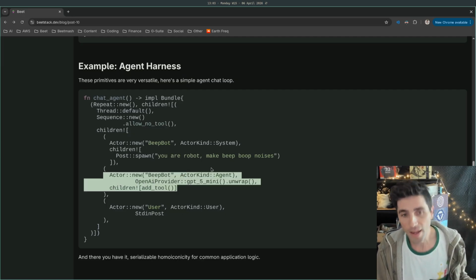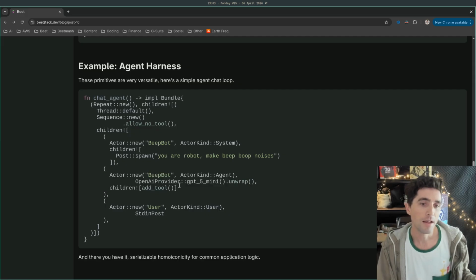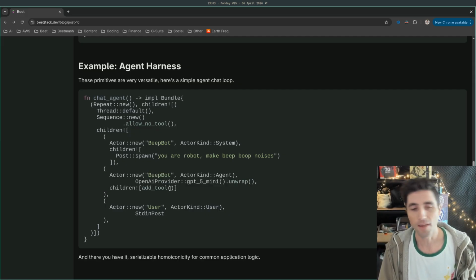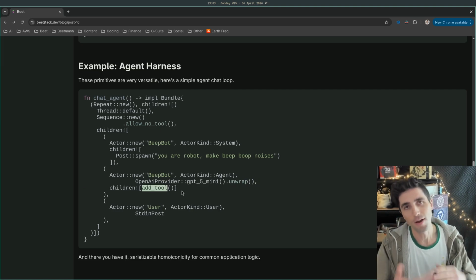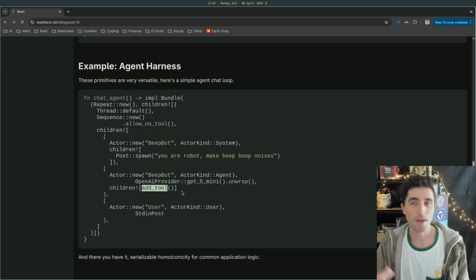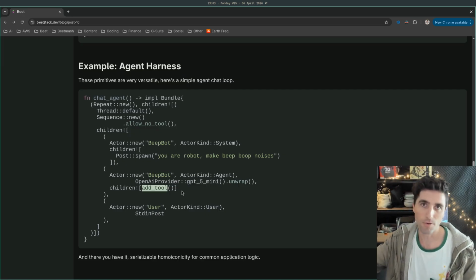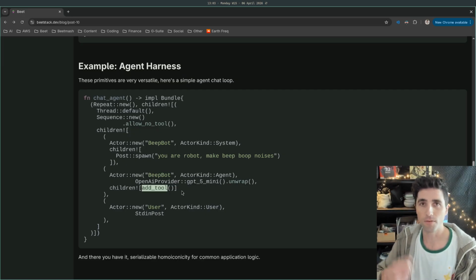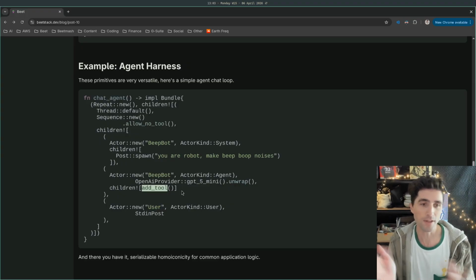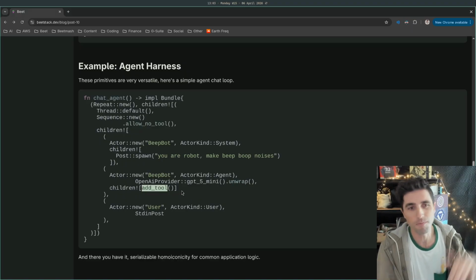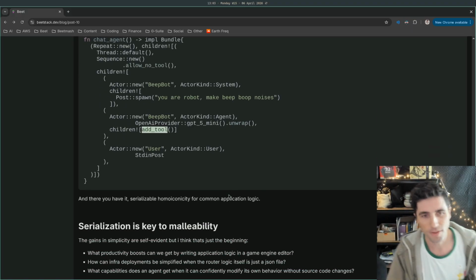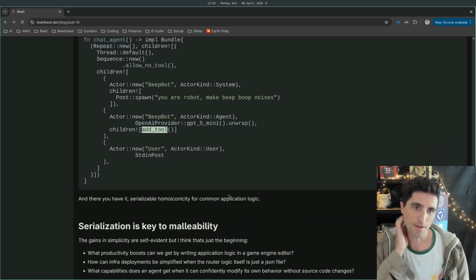Then the agent would do its thing. Now the tools, like for example an adding tool, that's just a sub behavior, right? So the agent's going to make its call, get its response back. If the response contains a tool call, before yielding to the next step, it's going to execute that tool call. So just as a demonstration, there's a lot you can do with these kinds of patterns.